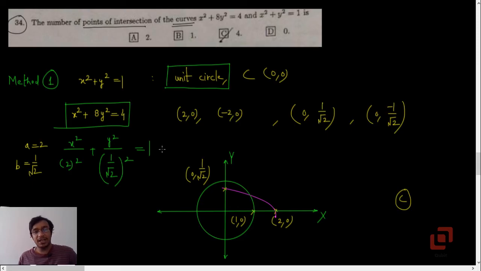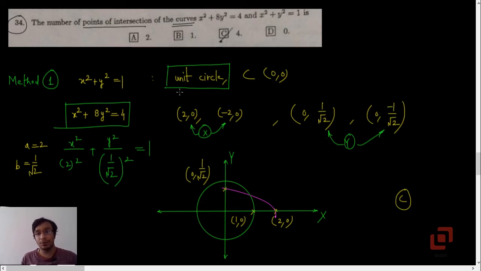Now what I have done is I have found out the points of intersection of this ellipse, not with the circle first, but with the coordinate axis. All right. So our ellipse intersects the x-axis at 2, 0 and minus 2, 0. You can just check it here. Substitute y equal to 0, you'll get x equal to plus or minus 2. And if you substitute x equal to 0, then you will get y squared equal to 1 upon 2 or y equal to plus 1 upon root 2 or minus 1 upon root 2. So corresponding to each square root, you will get 2 points.